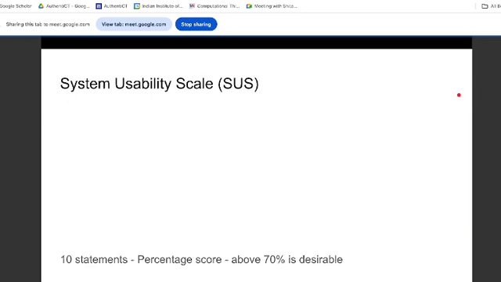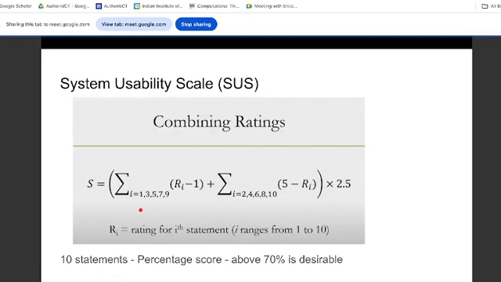Now, in the System Usability Scale, there were 10 statements. You can combine these statements. Ri are the original ratings. There will be statements 1, 3, 5, 7, 9, which are positively worded, and 2, 4, 6, 8, 10, which are negatively worded. To evaluate this, you have to